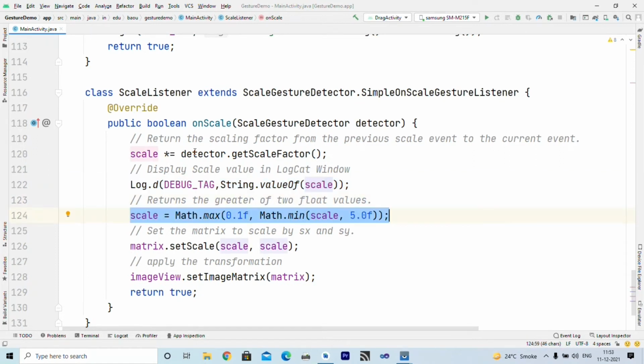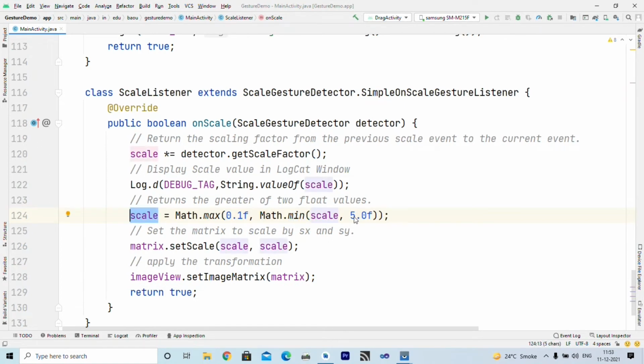Here, why I write this statement is because this Math.max method will take the maximum value of these two. So the minimum I can reduce the size is 10% and the maximum size I can get is 5 times the original size, right? So this scale is initialized to either 0.1, which means 10% of actual, or the actual scale, or 5 times, whatever is minimum.